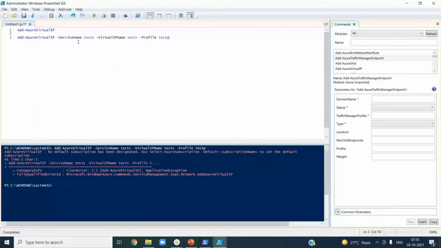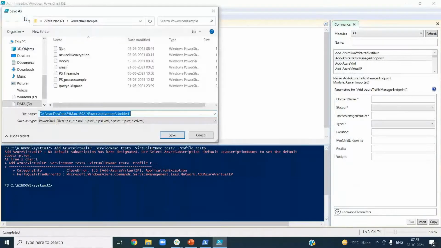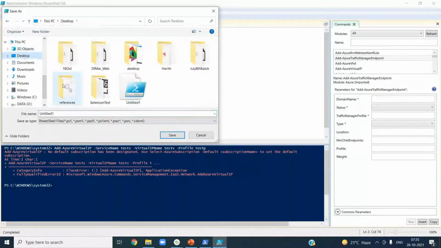If you think that this is a script that you want to use on some servers or for some purposes, all you need to do right now, this is untitled, right? Let's save it. Keep it anywhere, whatever you want, and give it some name. Save it as a .ps1.